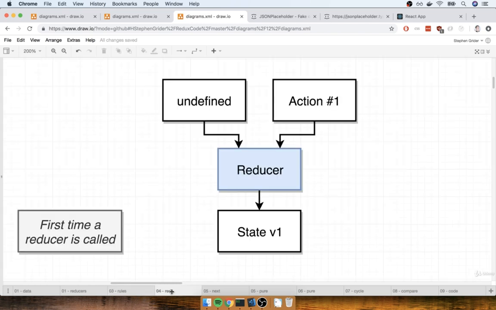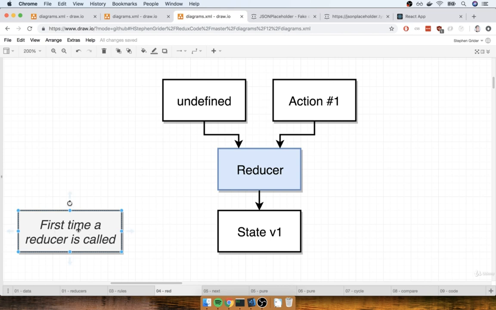All right. This is a diagram of what happens to your reducer the very first time that it gets called inside of your application. Now, as I mentioned in the last video, when you first start up a Redux application, each reducer is going to be automatically called exactly one time. So it is an automatic invocation that essentially allows your reducers to specify some default state value.